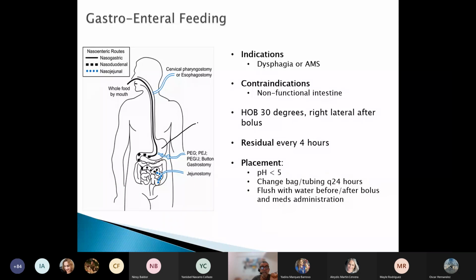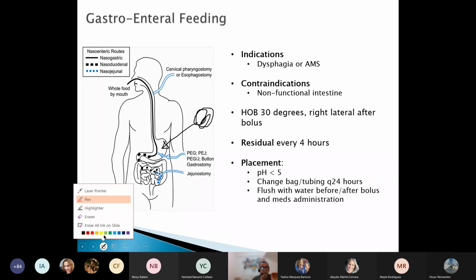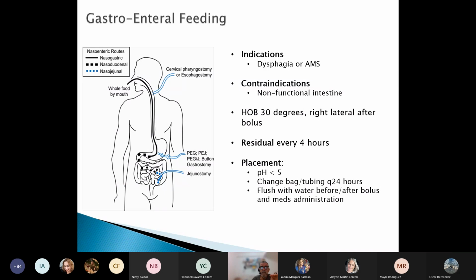Okay, so it is important. The pH here is checked, but this is the most common scenario, and this is what is going to be tested. You check for pH because it's frequent, practical, cheap, and adequate to know the placement of the nasogastric tube or the PEG tube. Yes, okay.